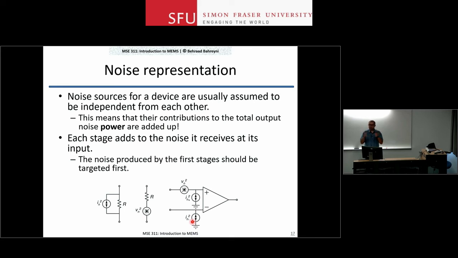For those of you who have played with RF systems a bit, you know that there is an LNA block that you put very close to the antenna. This is the low noise amplifier block that you put very close to your antenna, and then after that, once your signal is a bit stronger, you can maybe transmit it over a distance through a cable, or start demodulating and filtering and all those other things. Okay,